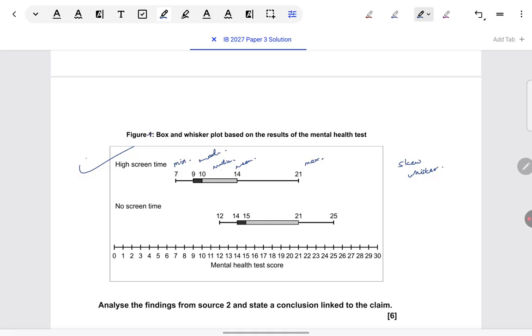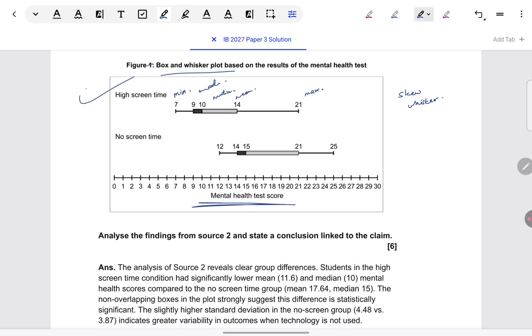If we see the y-axis clearly, the mental health scores are there, and then we know box and whisker plots are highly standardized. Always the median is going to be represented as a line within the box itself. Whiskers are going to cover the minimum to the maximum range of values. So we can inspect the box and whisker carefully before coming to the question.